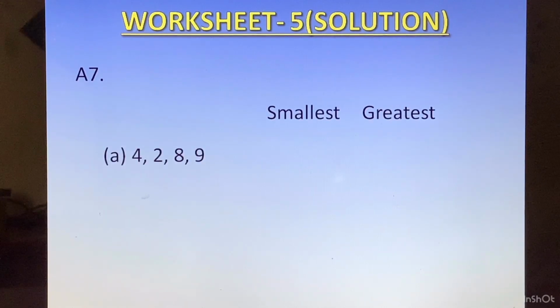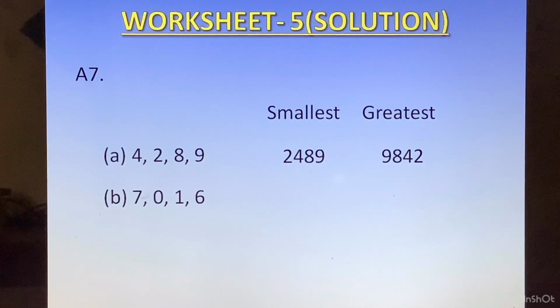The A part, numbers given to us are 4, 2, 8 and 9. For smallest we will arrange in ascending order, which is going to be 2, 4, 8, 9. And for greatest we will arrange these digits in descending order, which is going to be 9, 8, 4, 2. B part,